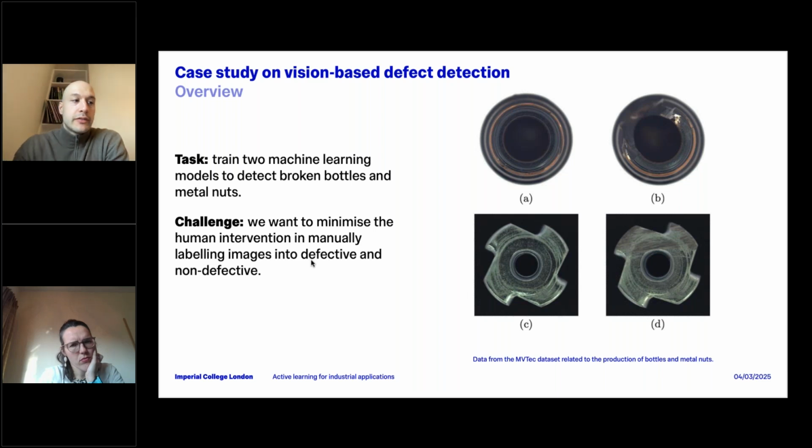Now we're going to give a brief case study using active learning for defect detection in quality control. In this case, we can see 4 images. On the left are images which are non-defective. The first one, on the left in A, is a bottle, and then we have a metal nut. In this case, the task will be to train 2 machine learning models to detect broken bottles or broken metal